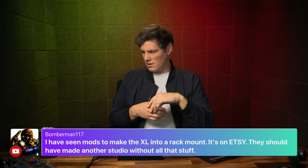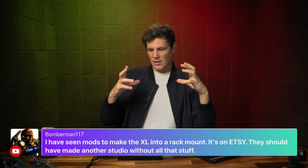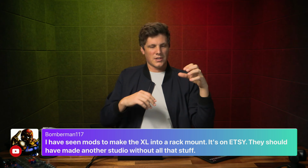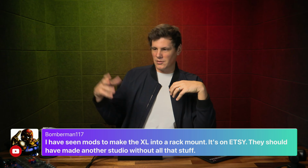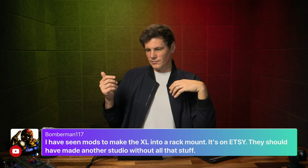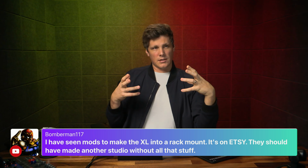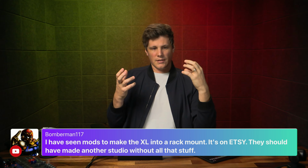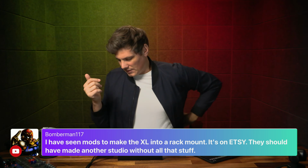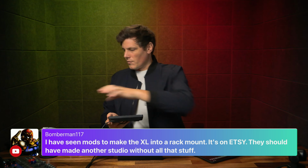Yeah, there's a whole third-party market of wall mounts and tripod mounts and desk mounts and putting it up near the screen, which is always good, but as a mass market product, it's a lot harder to get movement behind that. I think it'd be interesting if they, even just with the Stream Deck XL, had